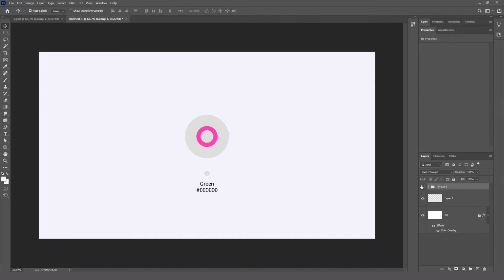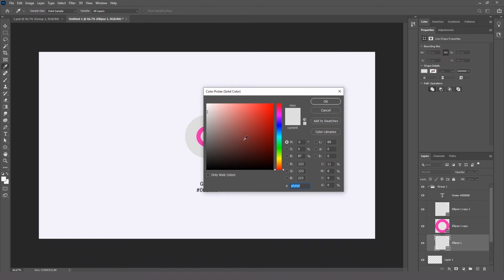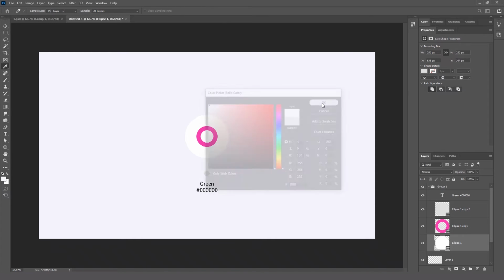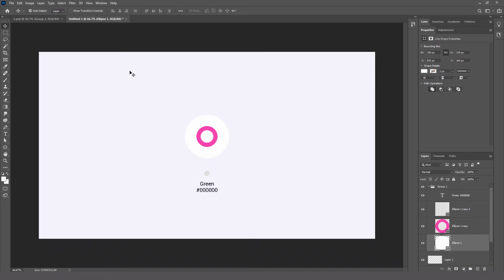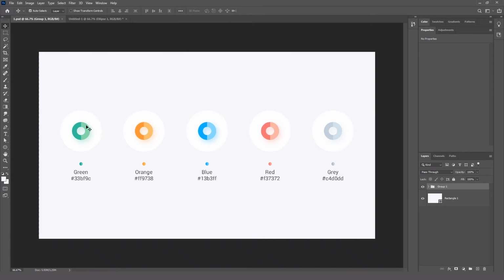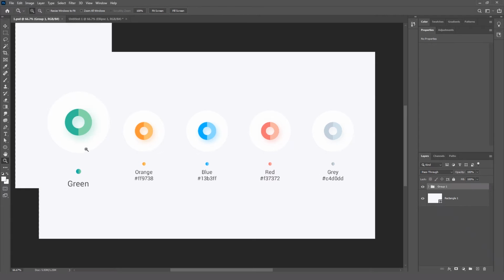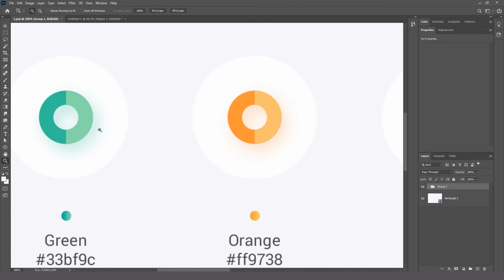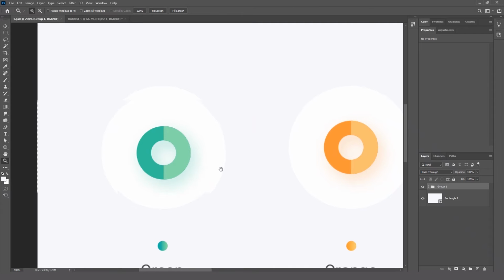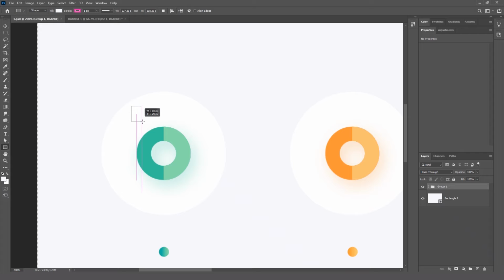So now we have the first round over here, and now we just want to change this color into white color, pure white, and then we want these two colors over there. So I'm going to take all the color values by taking these swatches over here.